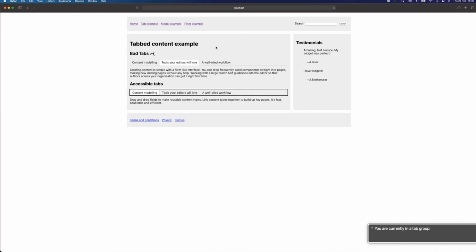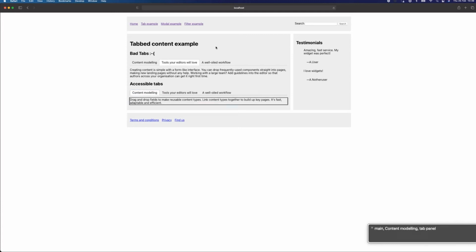So if I wanted to know about that, I can dive into this. Let's go into the first element. Content modeling, selected tab, 1 of 3. You are currently on a selected tab, 1 of 3. Great. So it's told me I'm on a tab. It's selected. It's about content modeling, and there are 3 tabs in this tab list. So if I wanted to know about content modeling, I can now just hit tab and go straight to this